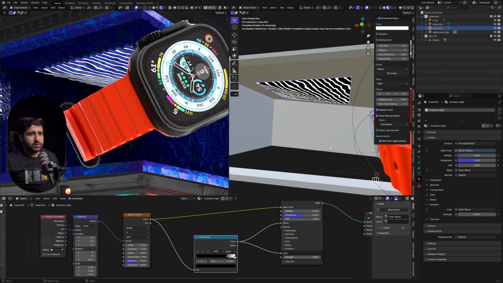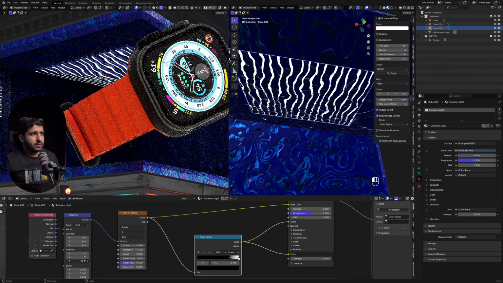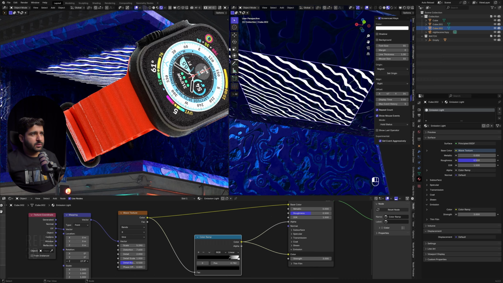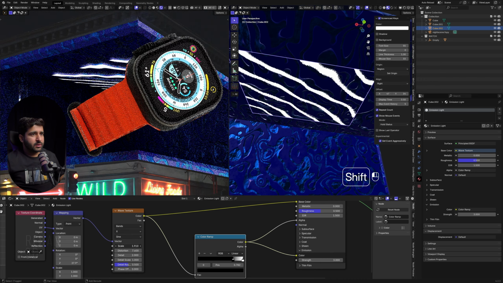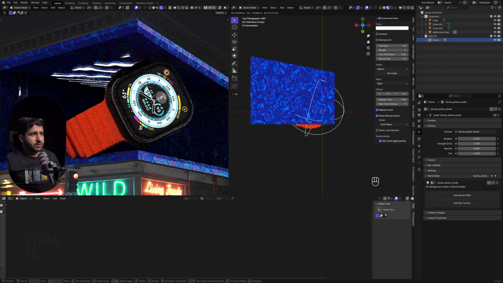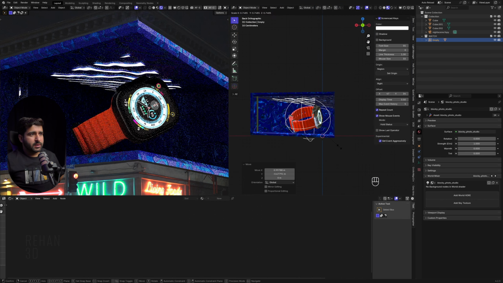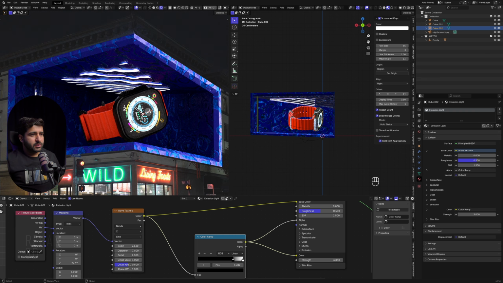And if you rotate it like mine is in this direction, turn on this material viewport also, so you can better visualize it. And let's move it here like this. This is looking good, and just scale it down. And if you move your watch something like this, you will see better. Okay, and if we set its strength to like 20,